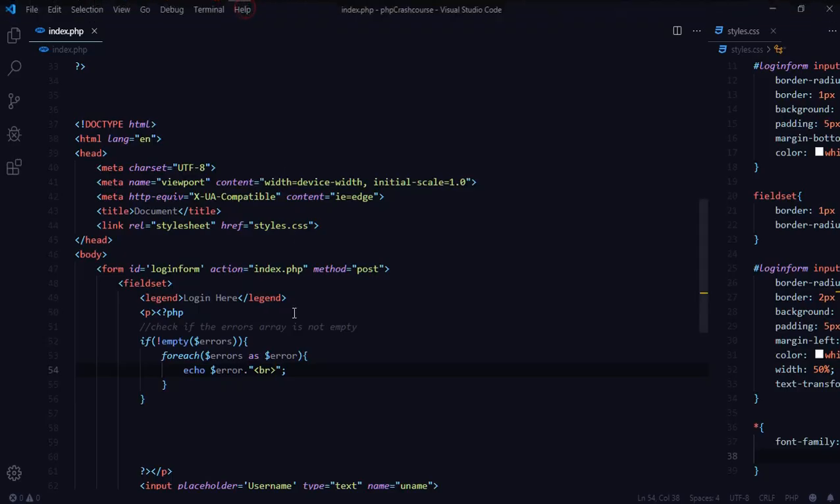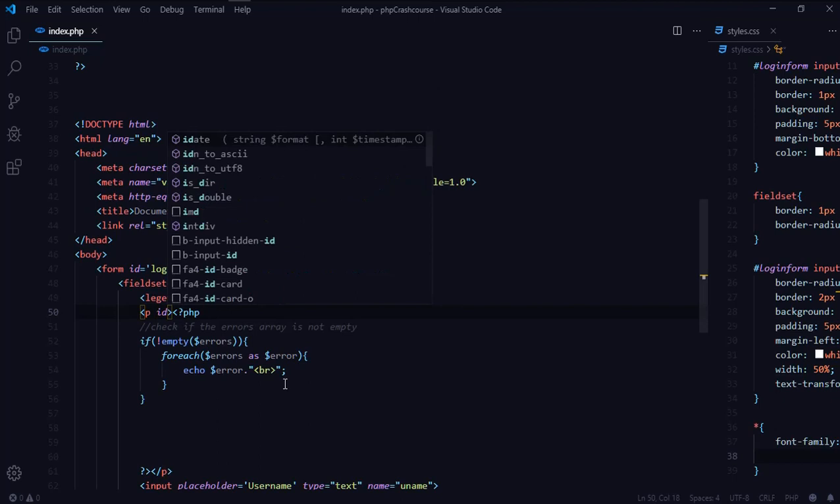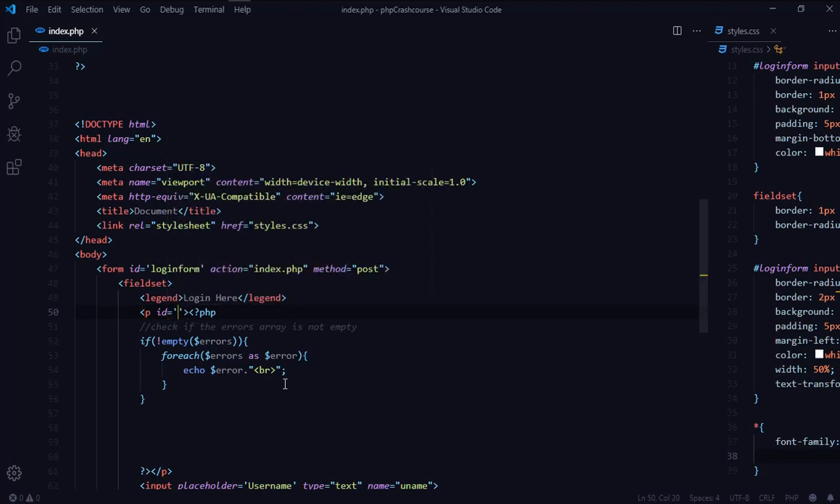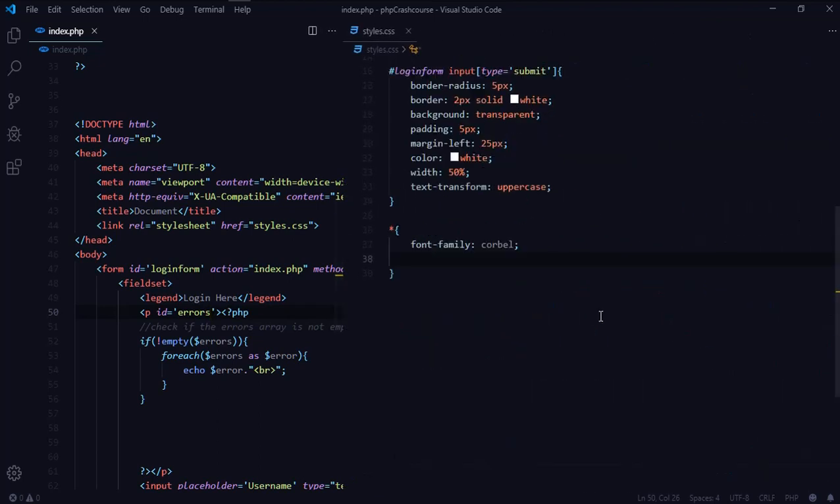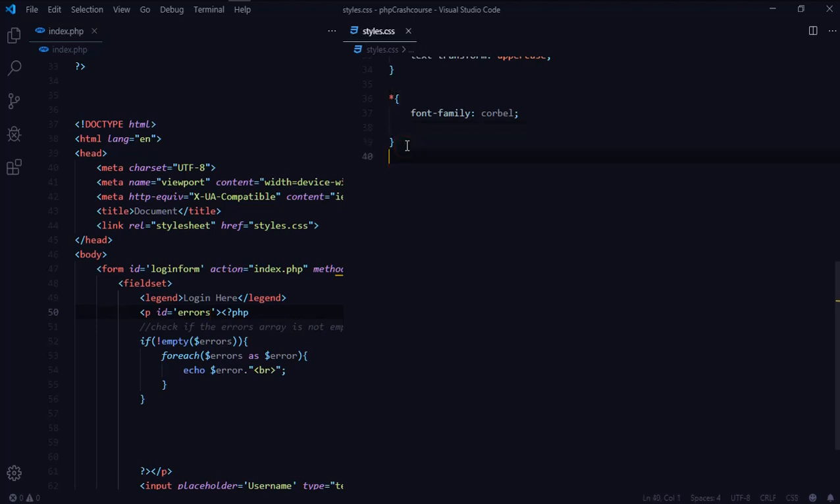And then what we could do, we could start this form, and I'm going to give it an ID of errors, so that we can come to CSS and style the whole thing up. So here I'm going to give hash errors, and then